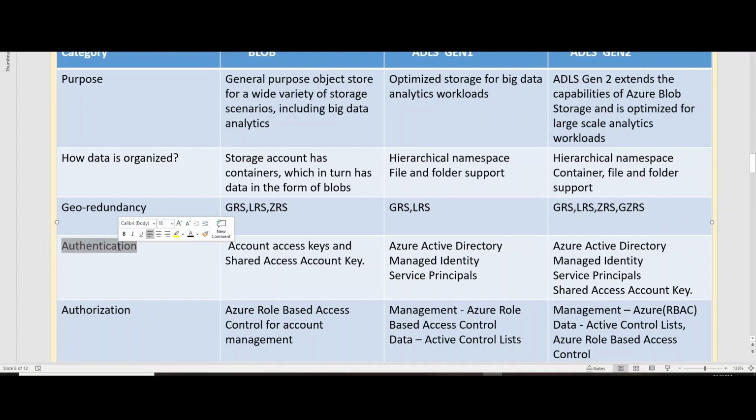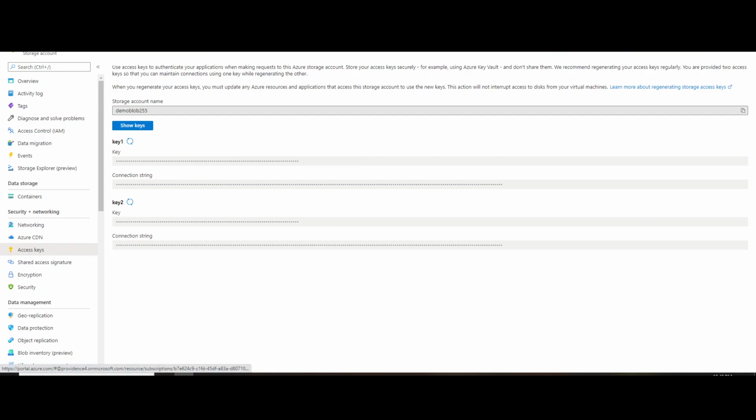Now when you talk about authentication, this is also a very big thing when you talk about any kind of storage account. When you talk about blob, you have account access key and shared account access key enabled in blob storage. So I'll go back to the blob that we created, demo blob 255.